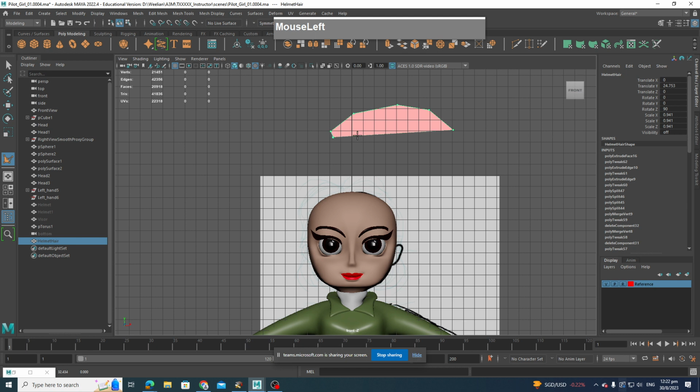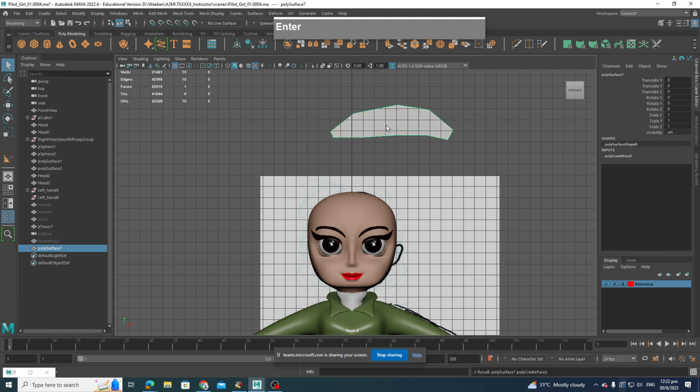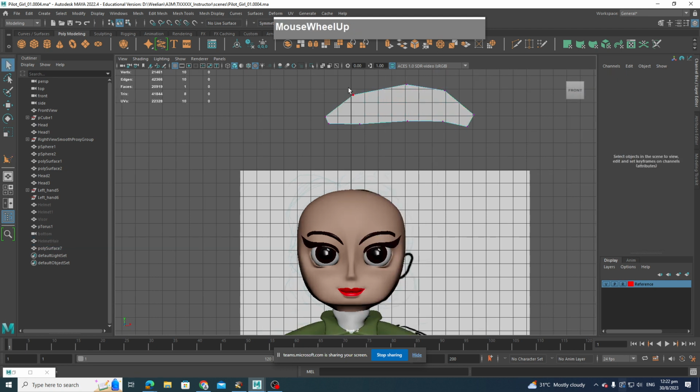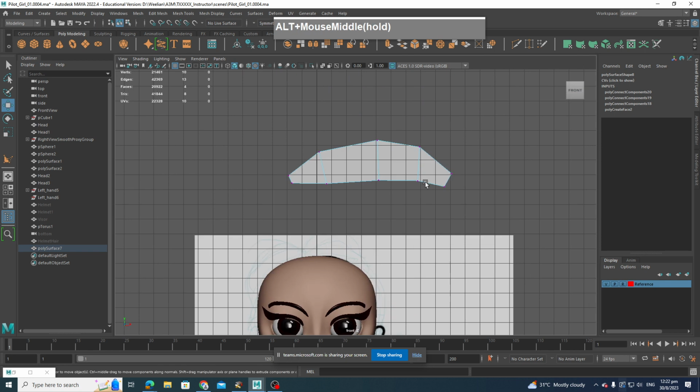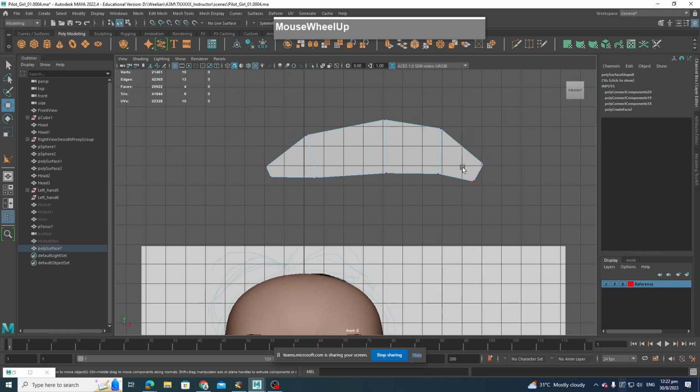I'm going to draw a strip of hair like this. Make sure that there are enough vertices right opposite each other like that, and then press enter to finish. Then if you go to vertex mode, you need to do the connection between these two, connect. Then press G to repeat last command. So I created a single strip like that, and then in between here you can insert one single edge loop